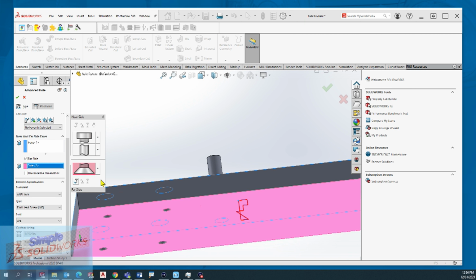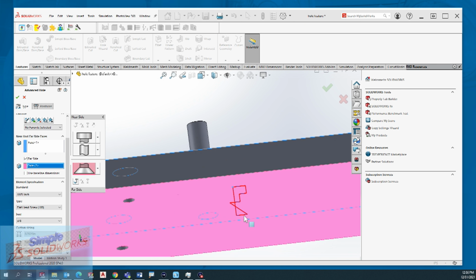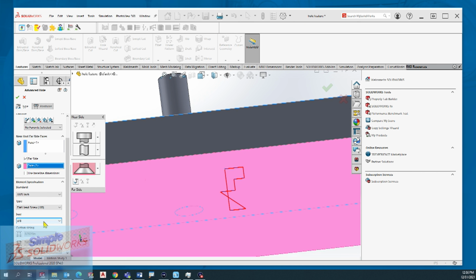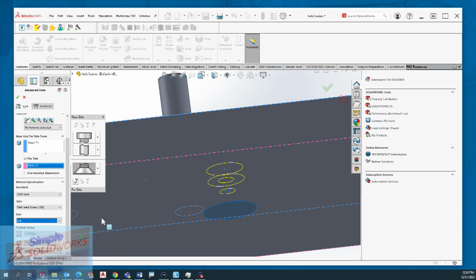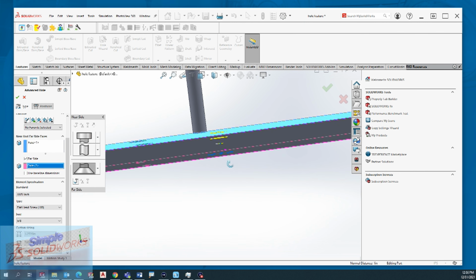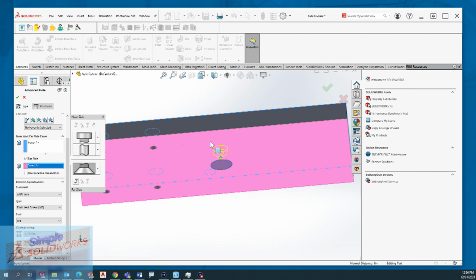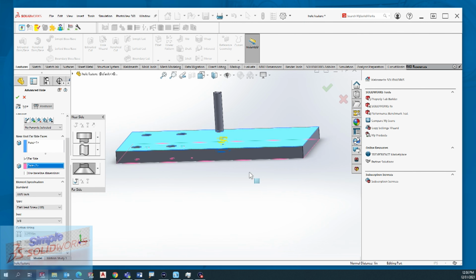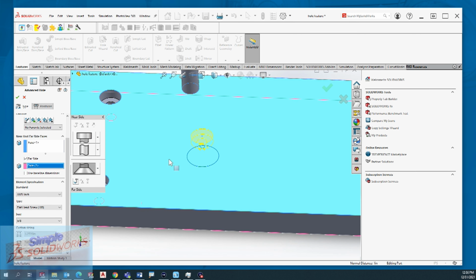Now see how it's red? That's because, look at the sketch. It's probably too big, right? So you're probably going to have to go a little bit smaller. Well, let's say maybe you want it to go bigger. Okay, so you have to go bigger. And now you notice it's nice and clear. But sometimes if it's red, that means it's not going to make it for you. Then when you confirm that,